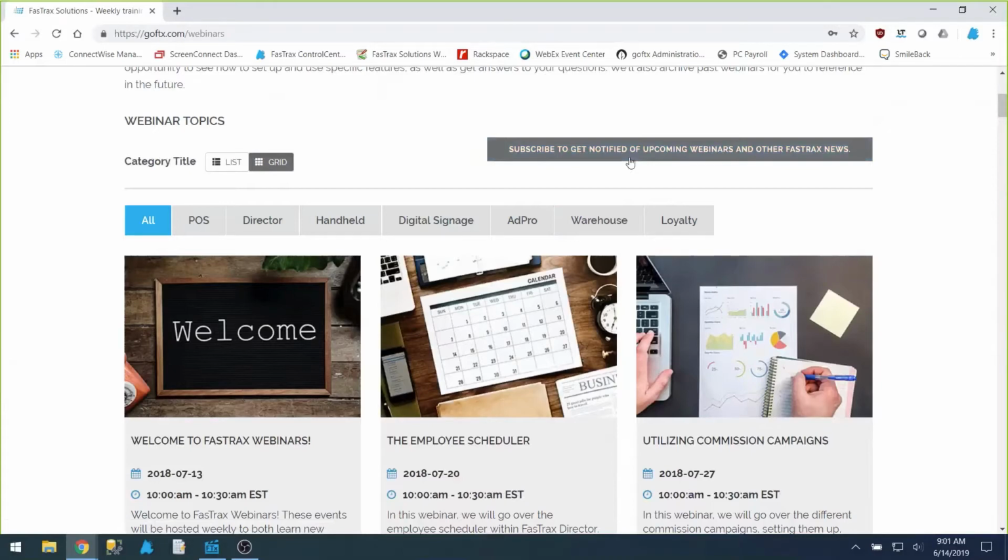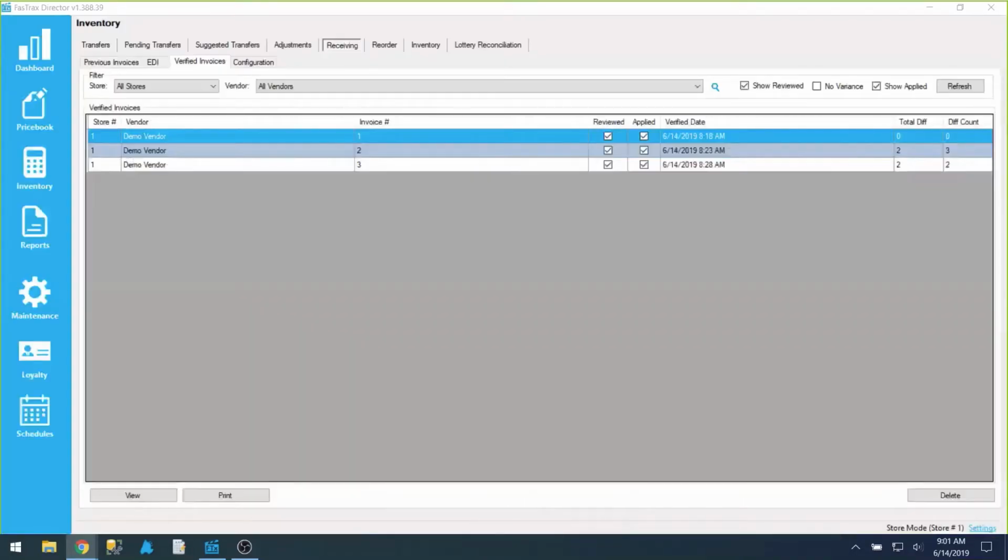Today, we're going to be going over verifying invoices in the retail software. So what exactly is invoice verification? Well, in the Fast Track system,